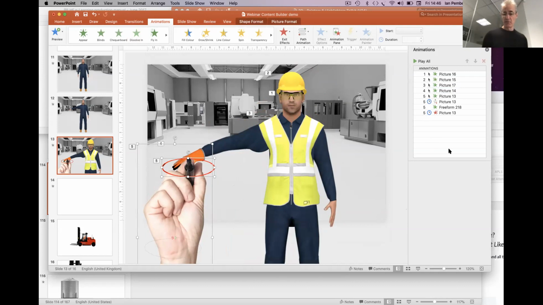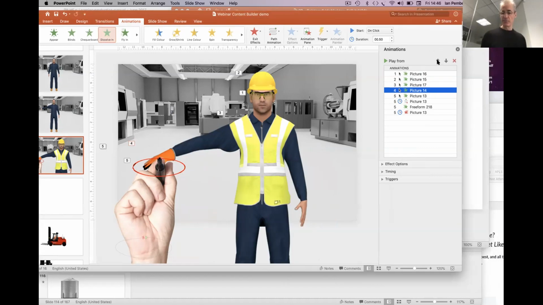Right, now let's suppose we actually want to make the glove, which is number 4, the first item that comes in. If you highlight it, you've got these up and down buttons, so let's make the gloves the first one. So I'm moving glove up to 1, and I'm going to move